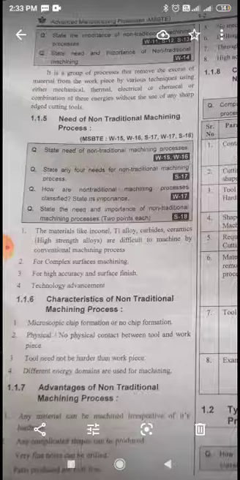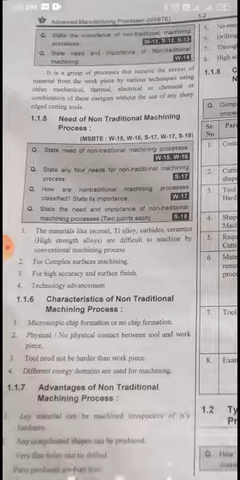Next is complex surface machining. We have discussed that if a very small hole is to be drilled in a workpiece, then the hole cannot be drilled. Therefore, traditional processes do not hold up well there. Also, if we need higher accuracy, then also it fails. If we need a great surface finish, then the traditional processes are not good for such accuracy and surface finish. Therefore, the traditional processes are not used.